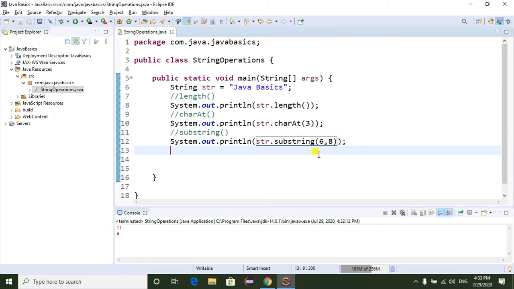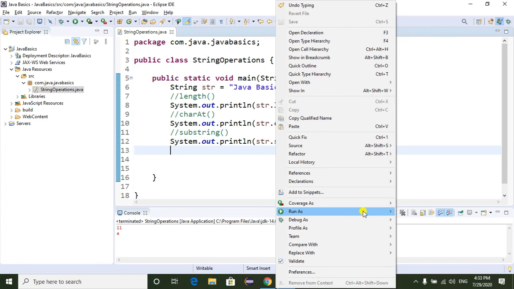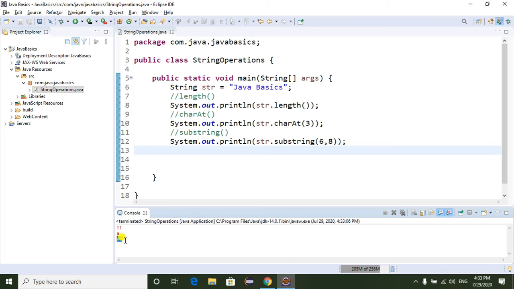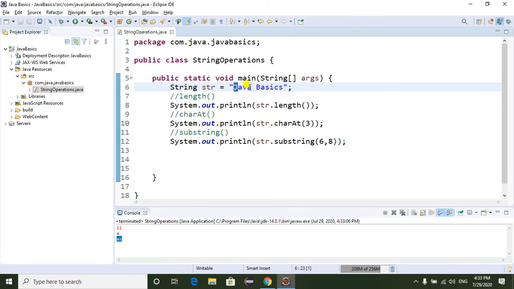So this method returns a and s. If you count 0, 1, 2, 3, 4, 5, 6, 7, so it is returned as. Between 6 and 8 there is a and s.